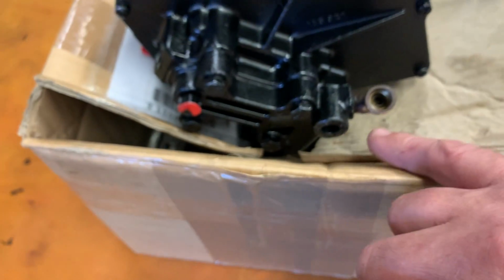New O-rings in the bottom here. Made sure all these fittings were nicely taped off and blanked when I painted it, so I wouldn't get any paint there. And the coup de grace